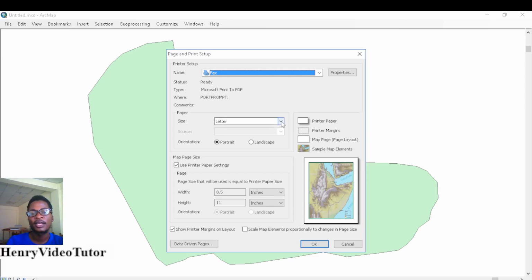I don't want my paper size to be letter, but instead I can choose any of these. Either Ledger, or B4, JIS, or I want it to be A4. So I select A4 as my paper size. Then your orientation: you want it to be portrait or you want it to be landscape. If I want my document to appear on my paper sheet as landscape, I just click on landscape. So next is